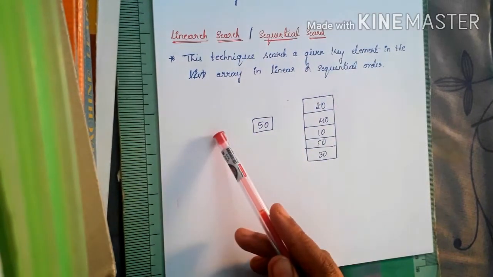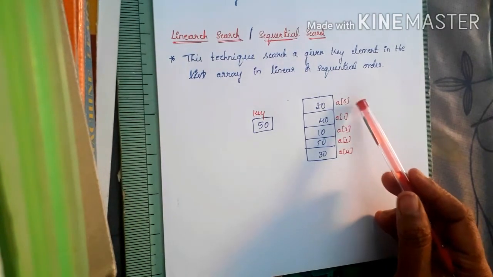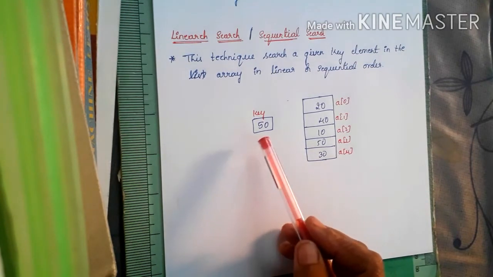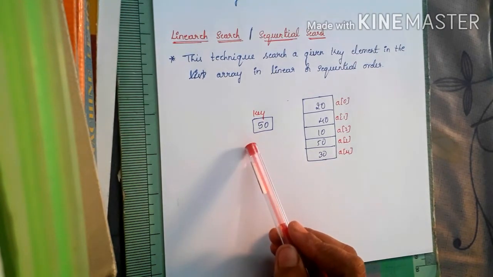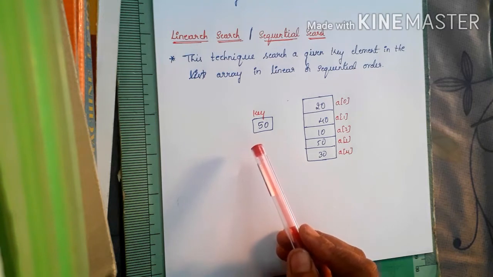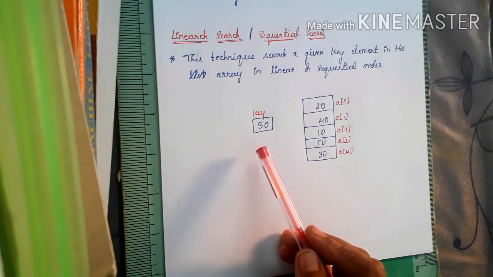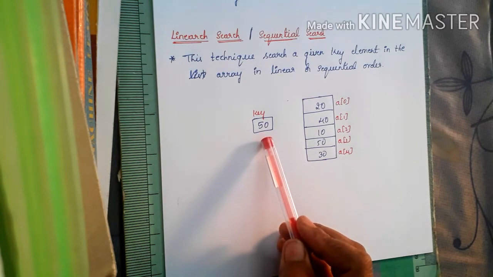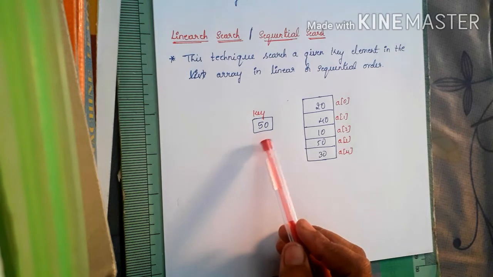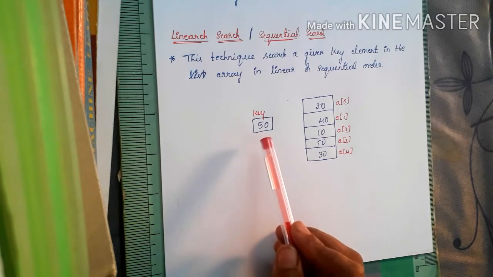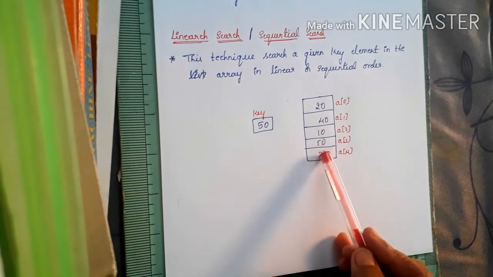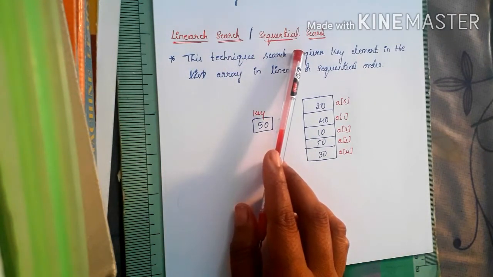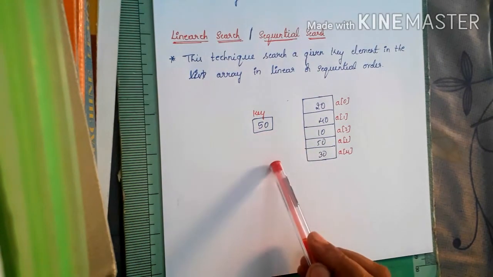Let us take an example. Here, I have taken array A of 5 elements and also a key element. The key element is the element that is to be searched, the element that we want to search. Here I have taken 50 as the key element. That is, I want to search the key element 50 in the given array using the linear search or sequential search technique. According to this technique,